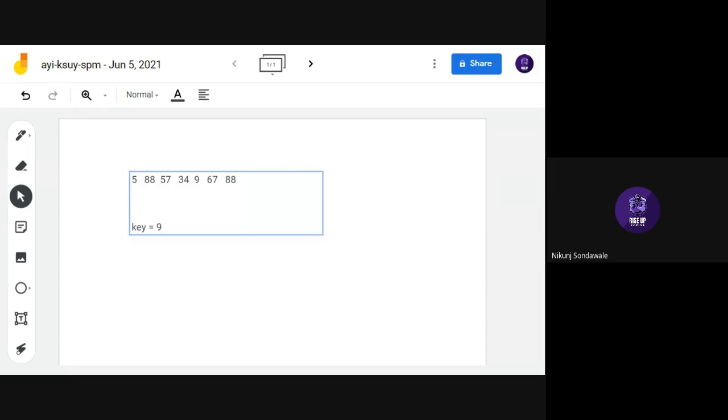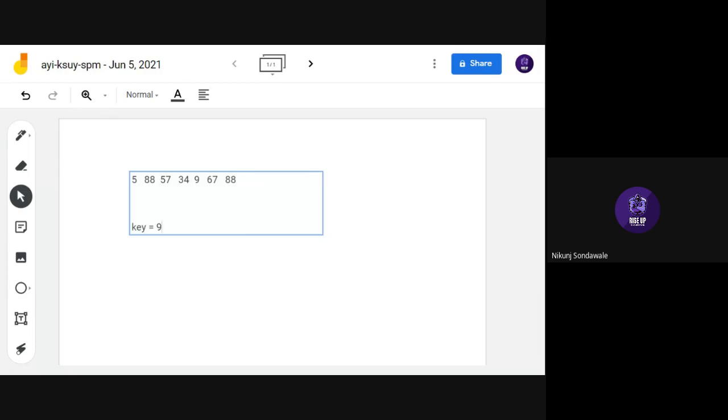So as we start from 0: 0, 1, 2, 3, and 4, right? So my key element lies at the fourth index number, right?